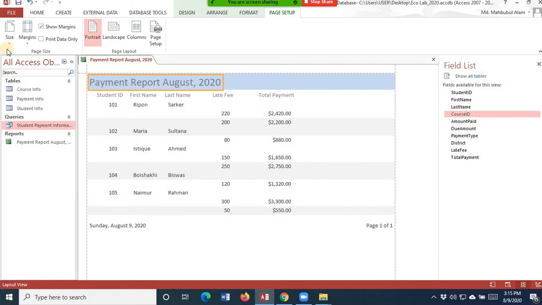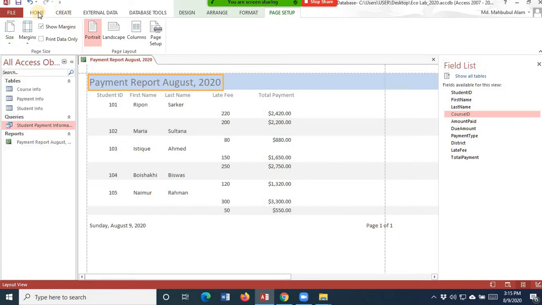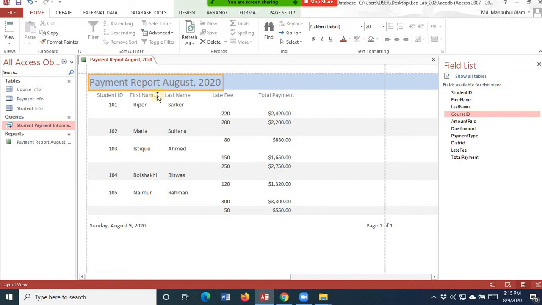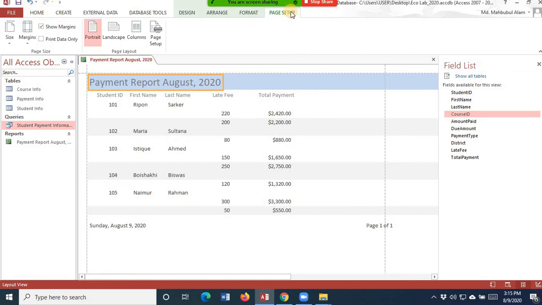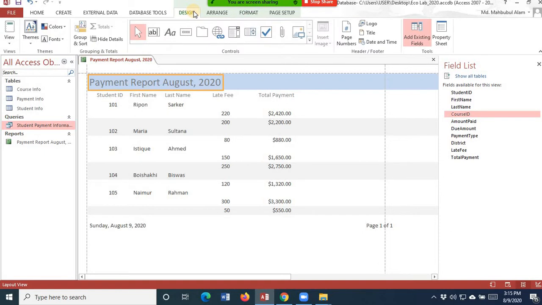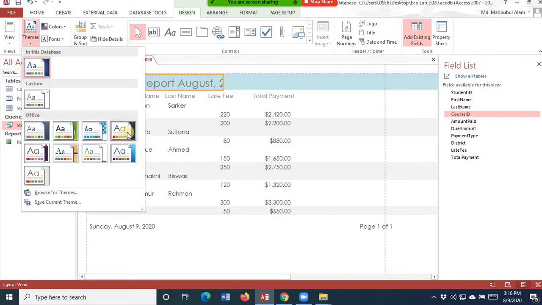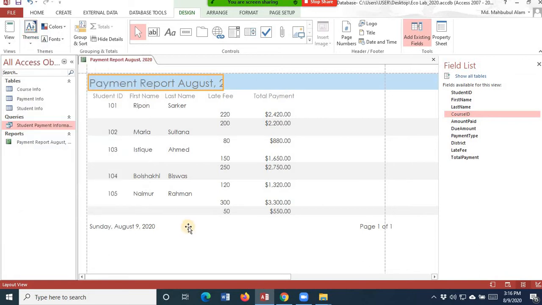Now I can check my size. The size is letter. I can go for A4. Then I can go to the home tab, and in the home tab or the design tab, maybe the page setup, you see the format. In the format, you can change the shape fill, or I go to design and I can apply some theme. I can select a theme like PowerPoint. Here you see that once I select a different theme, it actually changes the look. Say that I select this theme, and I need to make it a little bit bigger,